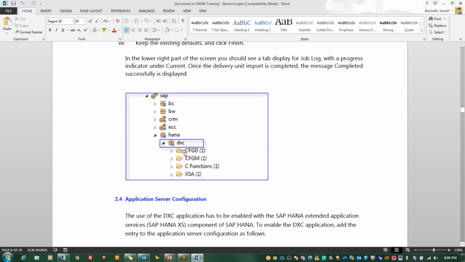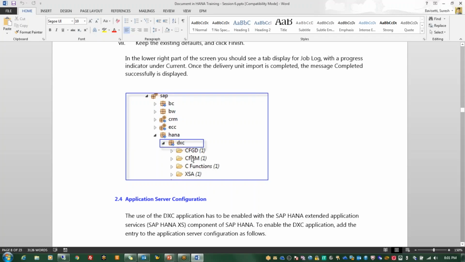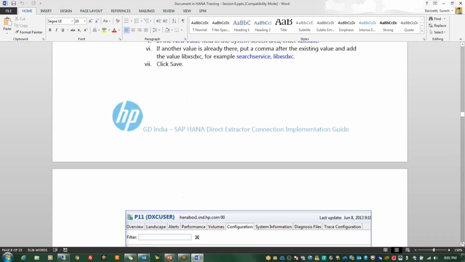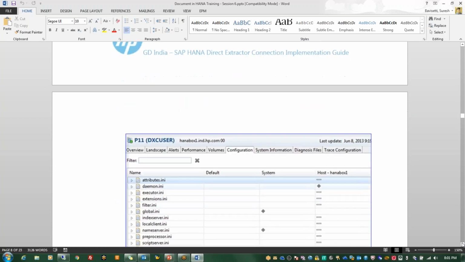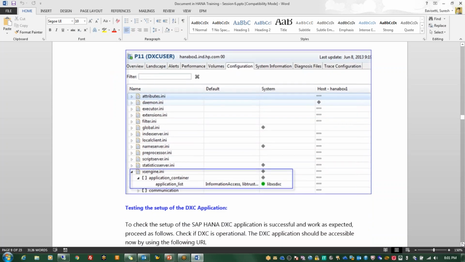As this is the standard DXC delivery, we can place this DXC within the SAP package, which is the standard package within our system, right? We can place this standard package into this one,